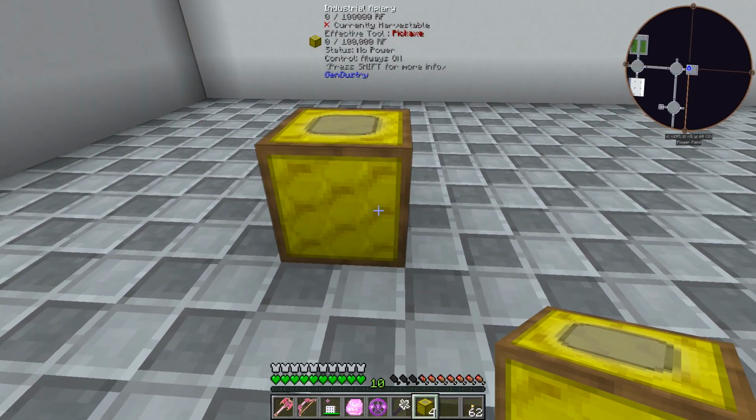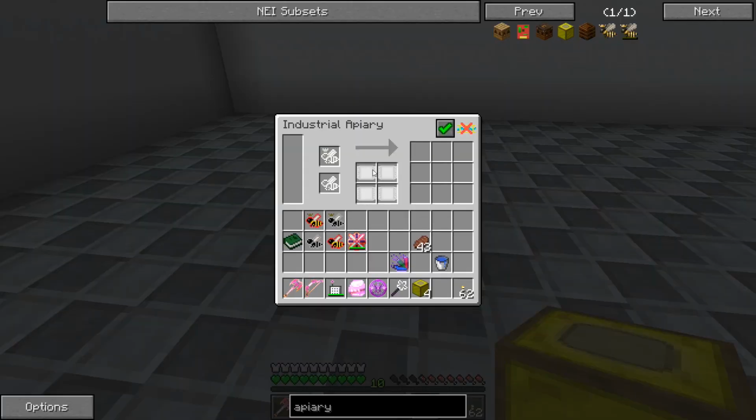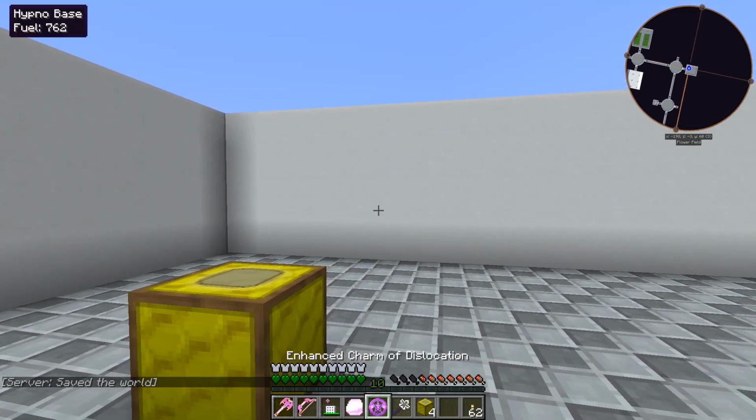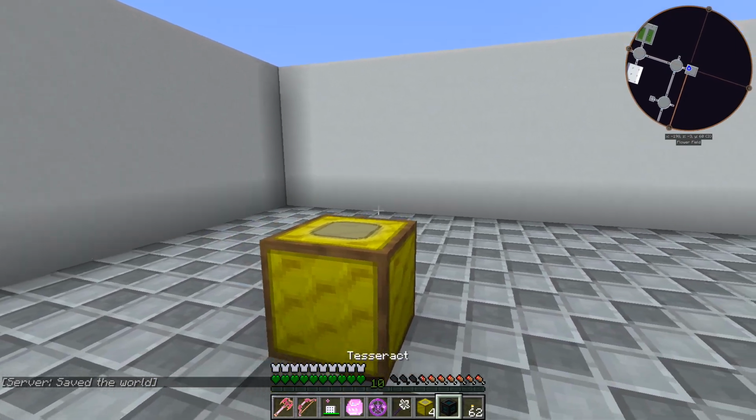All right, so industrial apiaries. These guys I have used once before in Agrarian Skies. And everything is pretty easy with this. It's got some upgrades we can do. It does require power, but it's like a guaranteed mutation when you put 2 bees together. Yeah, they can produce more than one type. It'll let you choose which type of mutation you want to happen. So I think what we need, let's grab a Tesseract. We'll get this thing some power. I guess we should also check out...